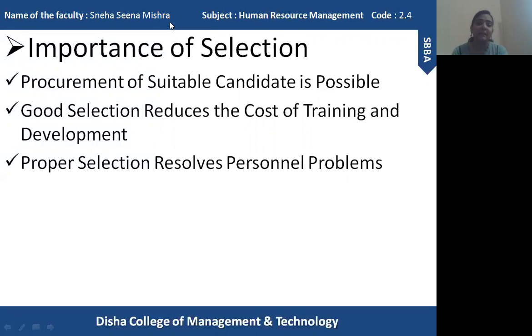Okay. The next importance is that good selection reduces the cost of training and development. So if the organization selects efficient candidates who are smart, who are intelligent, who easily understand the technicality of the job, who do not take much time in understanding the different aspects of the job, the techniques related to the job, what are the methods to be followed for doing the job. So if smart and good and talented candidates are selected,